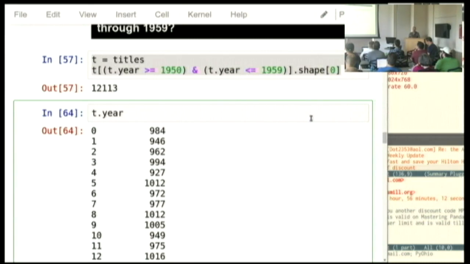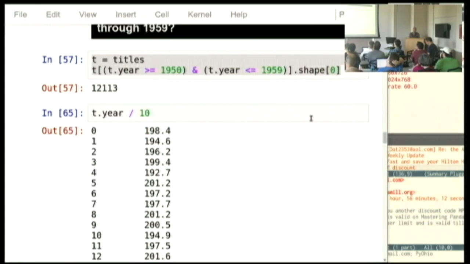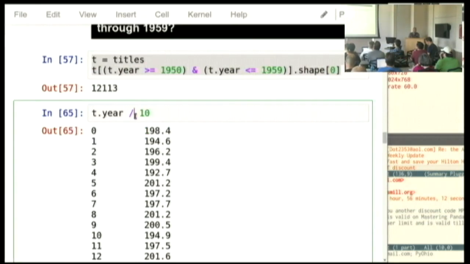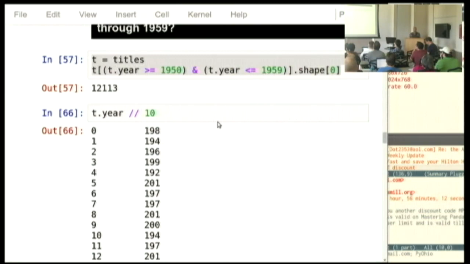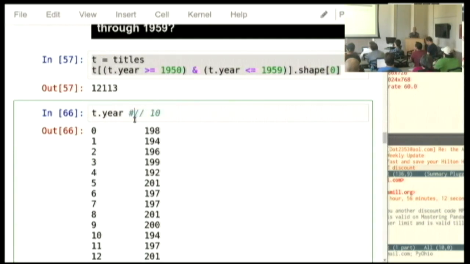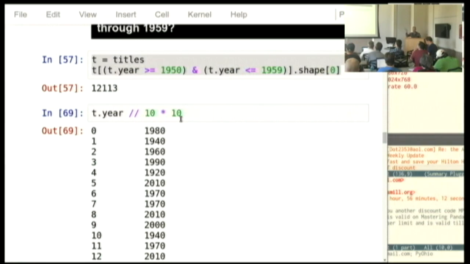In order to know what years are in a decade, you can cheat. If you divide by 10, then you get this fraction hanging off the end, but Python does have a truncating division operator that throws fractions away. It only keeps the whole number part. And so this is really the decade of each film. 198 meaning the 1980s, 194 meaning the 1940s. Again, take it away, you see the full year. Truncate divide by 10, and you get only the first 3 digits. If we multiply then by 10 to put the 0 back, we have a quick way to get the decade of a film.